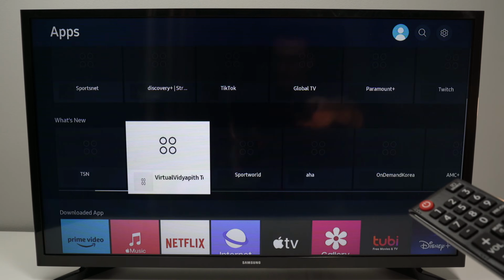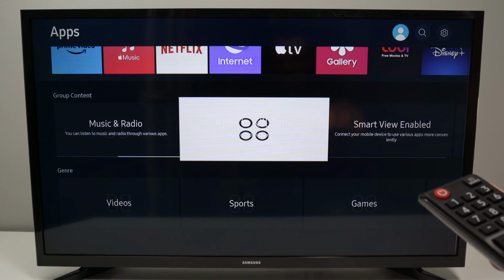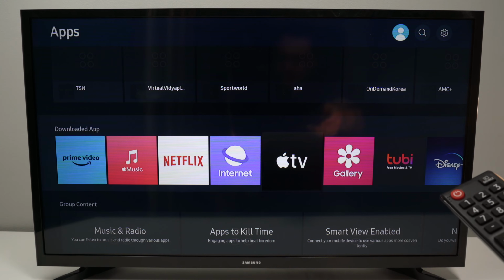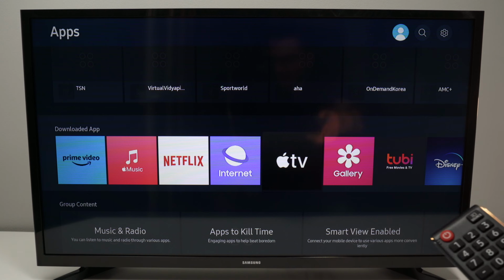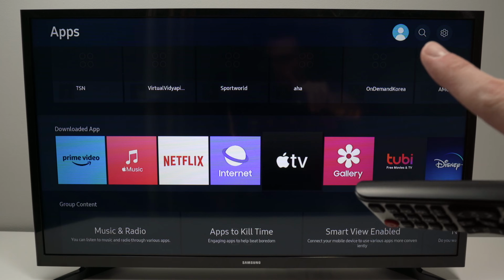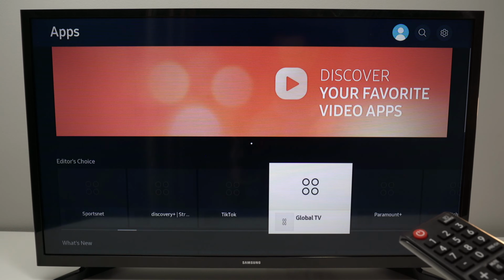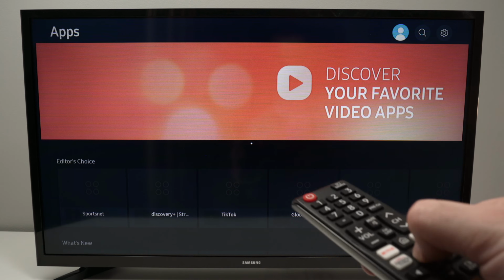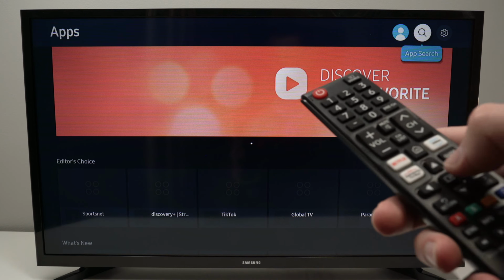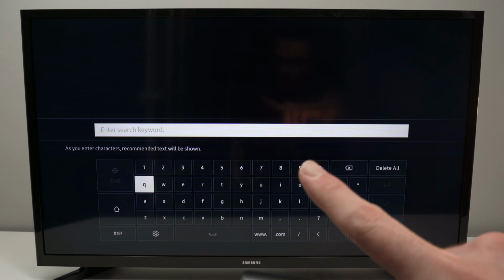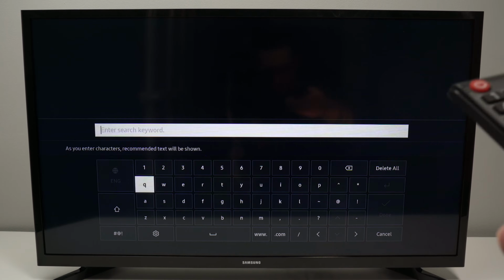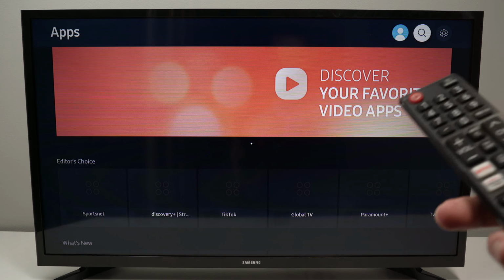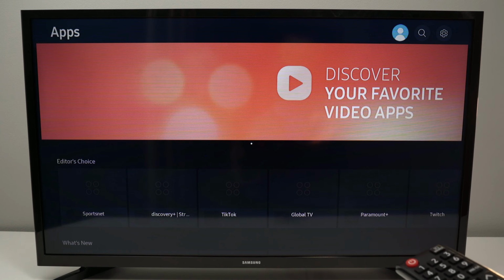This screen is where all the apps are located, the ones that you have and the ones that you do not have and you can download. So to search for a specific app, you need to go on the top right corner where there is a magnifying glass. You navigate using the arrows like this, press the middle button, and here you'll have to type the app that you want. If you simply want to browse the apps that are available, go back with the return button on the remote control, go down,